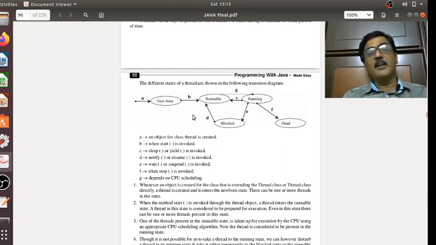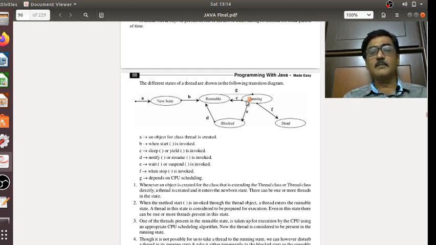After having invoked the start method, as you saw in the previous program, the moment we invoke the start method, a thread from its newborn state enters the runnable state. And if we do not disturb it, upon complete execution a thread enters the dead state. But before that, it is possible only for us to take a thread into the runnable state. However, we cannot take a thread from runnable to running. It is not in our hands. This transition happens only based on the CPU scheduling algorithms.